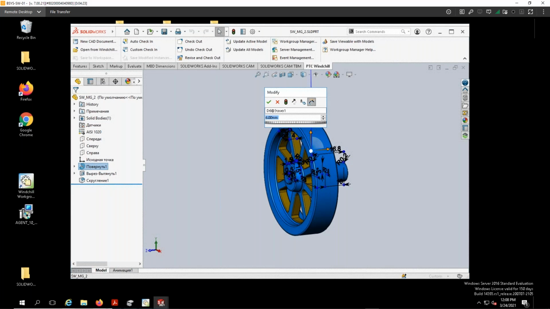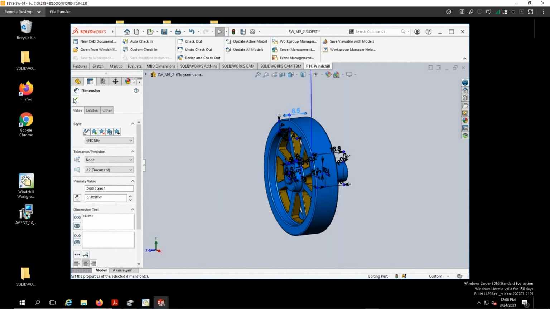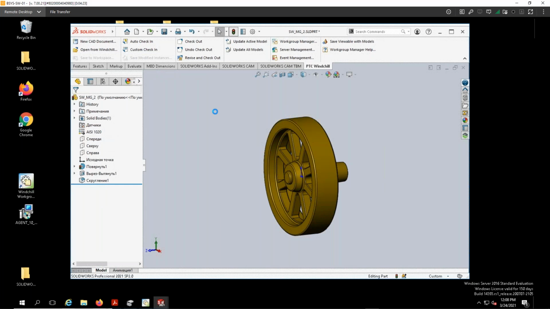I'm going to change this from 6 to 6.5. Complete it. Great. Make sure it updates. Wonderful. Now, with that, there's a slight difference